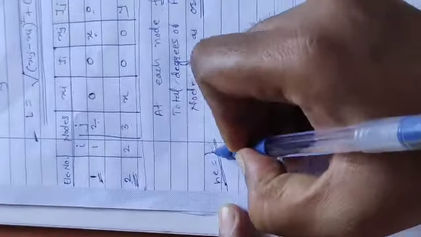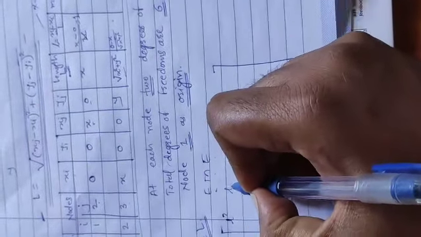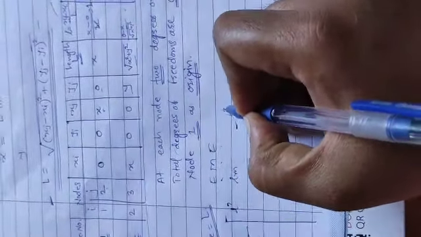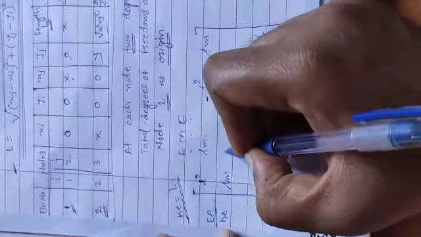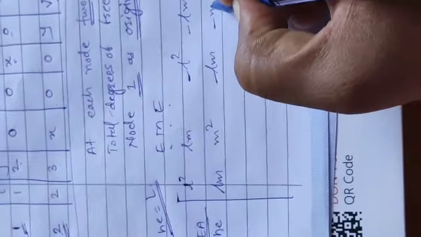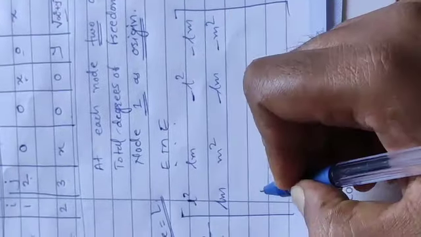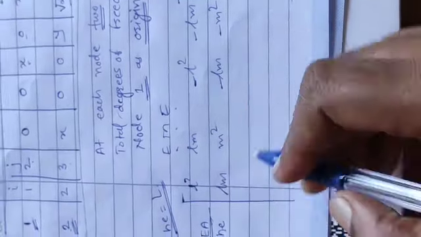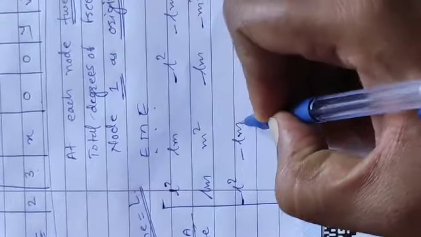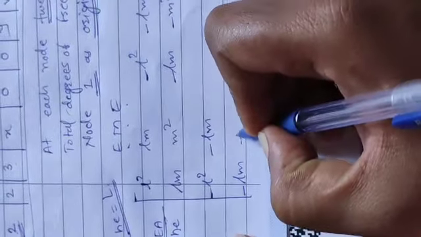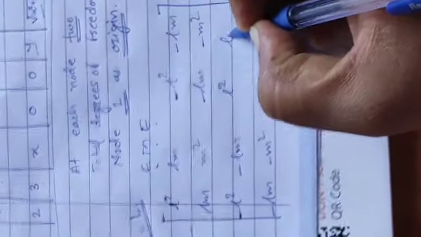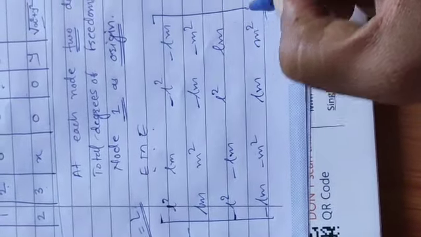H is length, or instead of h you can directly write L. EA by h e times the matrix: l square, lm, minus l square, minus lm; lm, m square, minus lm, minus m square; minus l square, minus lm, l square, lm; minus lm, minus m square, lm, m square, into